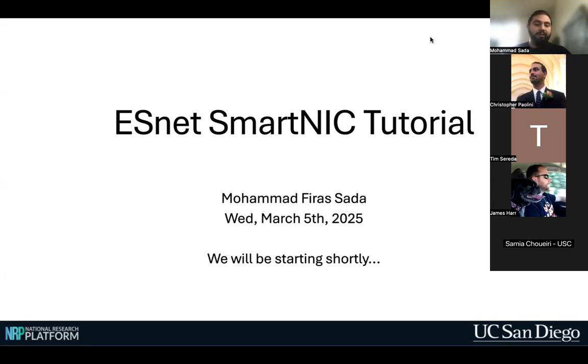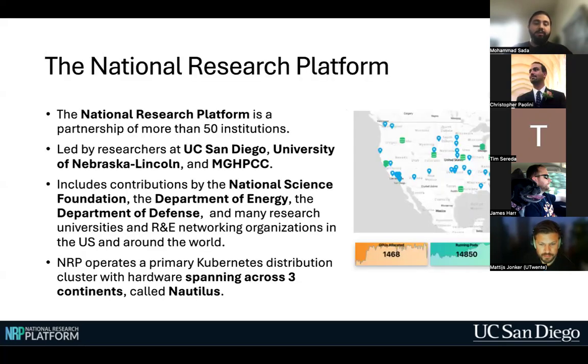But for now, in the scope of this Zoom session, I'm hoping I can introduce everybody to what ESnet SmartNIC is and how to use it in the context of environments that provide official support for it and access to FPGAs that it can be used on. And by official support, I mean here, not that you go off, you try to reproduce, and anything breaks. I mean environments where we can actually go in and help you one-on-one and directly with the issues that you might face. And I'm just gonna start off by talking a little bit about the National Research Platform